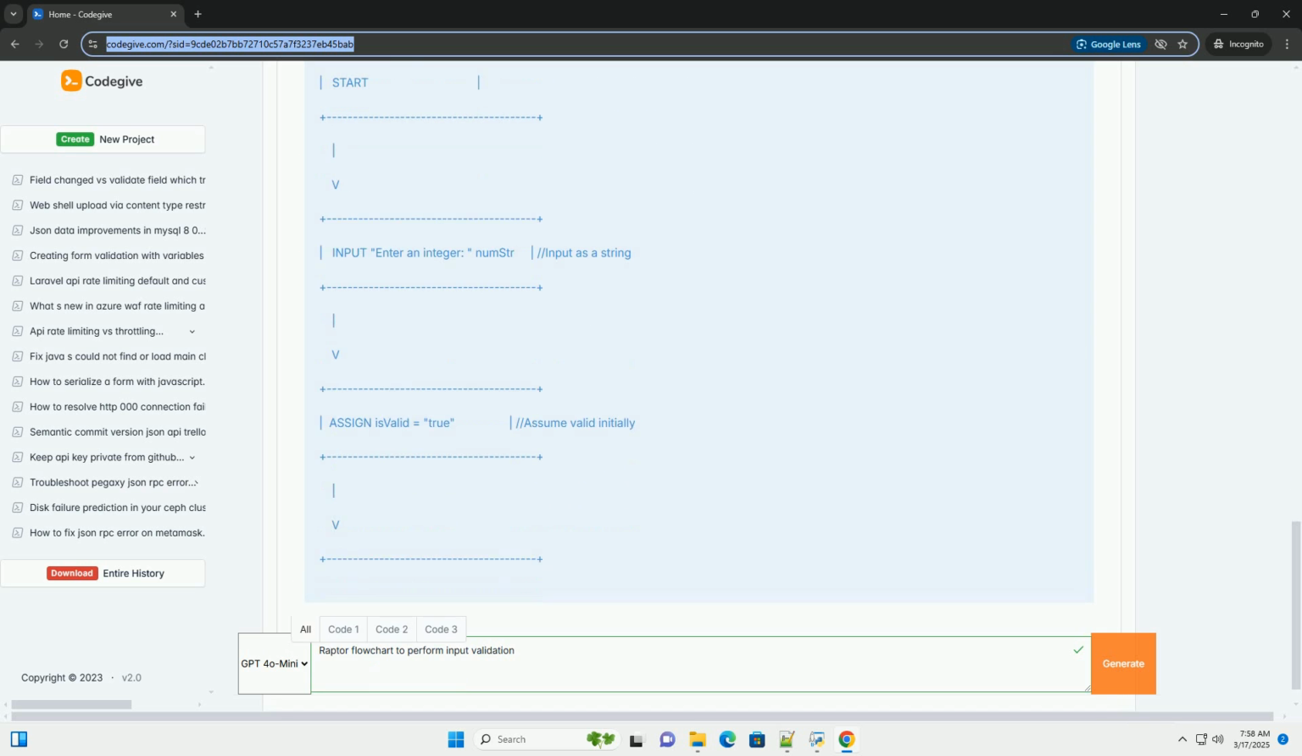7. Conclusion. Input validation is an essential part of writing robust and secure programs. RAPTOR provides a valuable visual tool for understanding and designing input validation logic. By using input, decision, and loop symbols effectively, you can create flowcharts that ensure your program receives and processes valid data. Remember to always provide clear error messages to guide the user